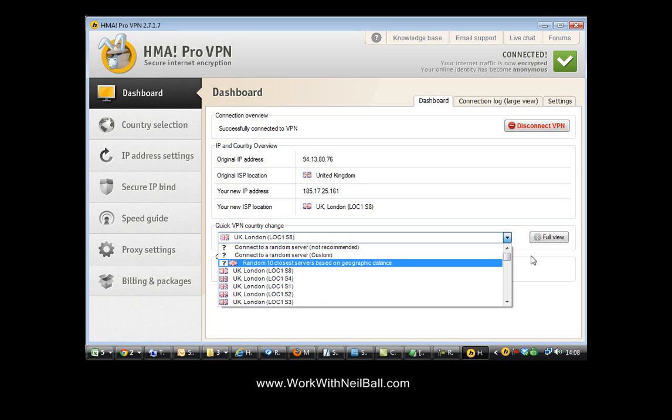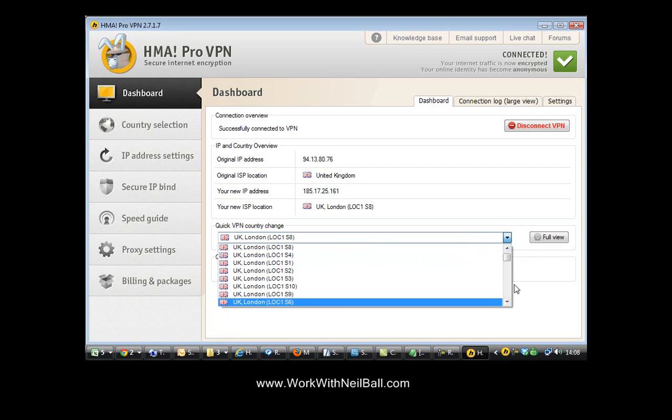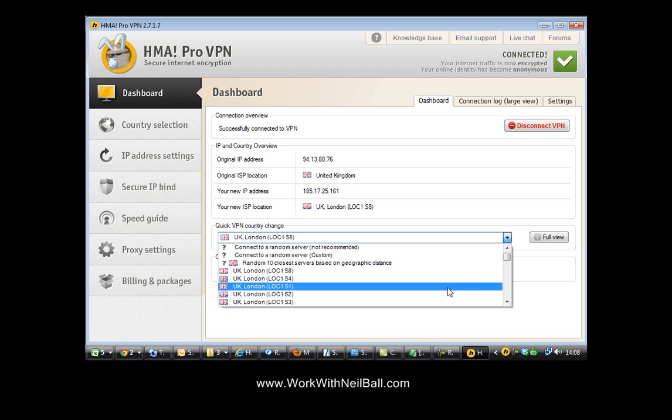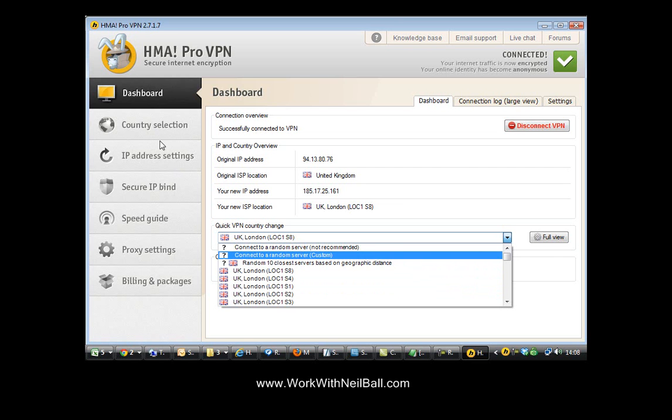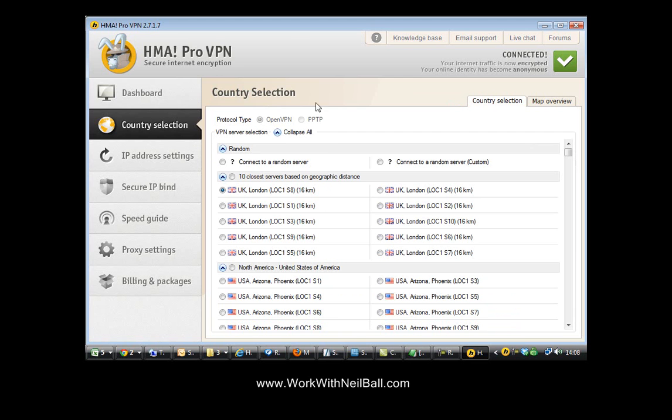As I mentioned before, there's 350 servers or whatever the quantity was I said at the time, and that's one way of selecting them, which is not the easiest way of selecting them. But if you decide you want to take the next one down in a different location, then you can do that very easily. An easier way to select them is to use the country selection option at the side here,